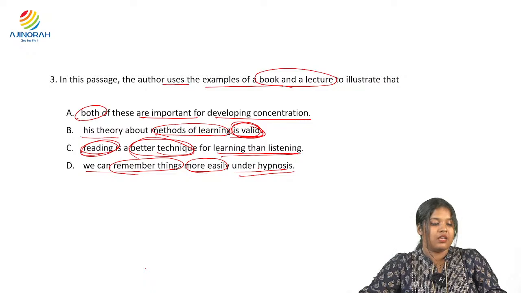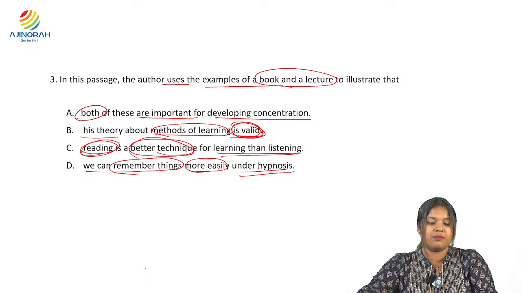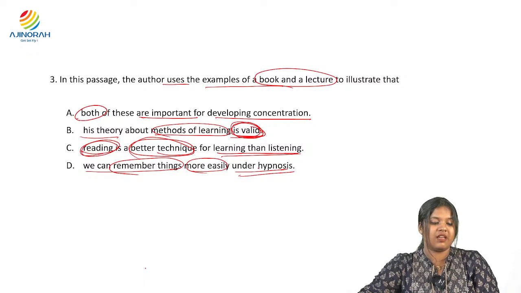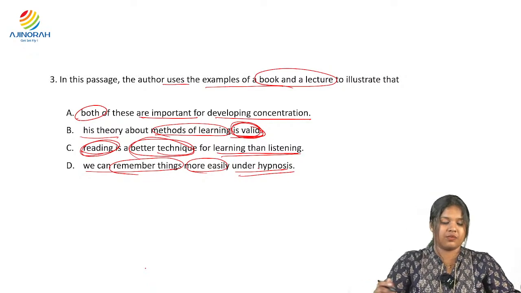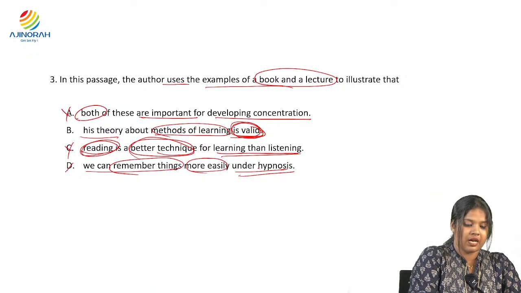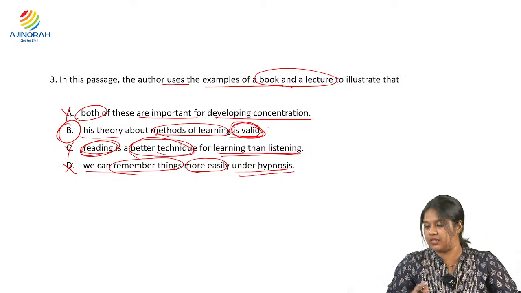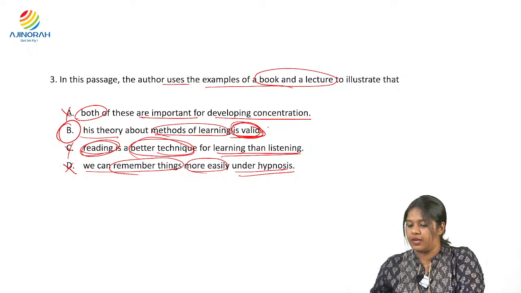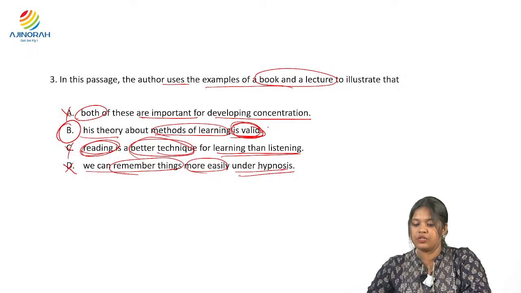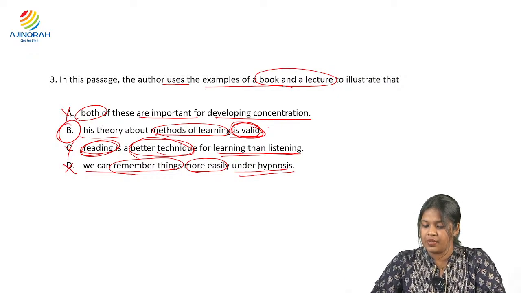So in this passage the author uses the examples of a book and a lecture to illustrate that his theory about methods of learning is valid. So these are not the answers, but this is the answer to this question. So that's how you tackle this type of question. Okay, so